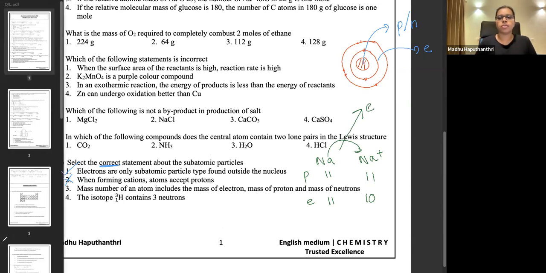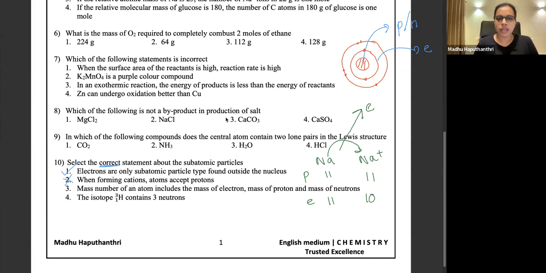It's removing one electron. So always keep in mind, in chemical reactions, the nucleus is kept intact. That means nothing is happening to the nucleus. The species found inside the nucleus are not involved in chemical reactions. Chemical reactions always take place with respect to the electrons. So a chemical reaction is always an electron business. Electron business means one person is giving out an electron, another person is accepting an electron. One type of business.